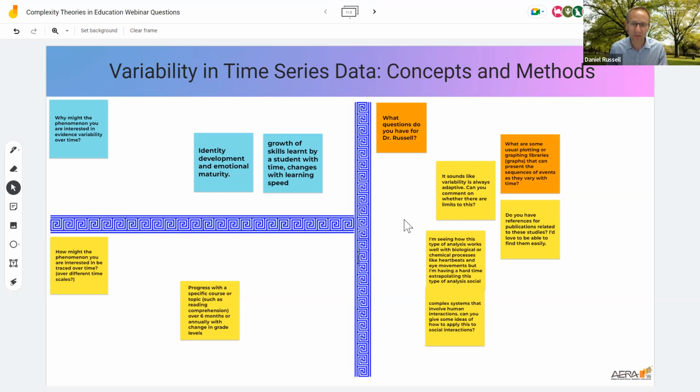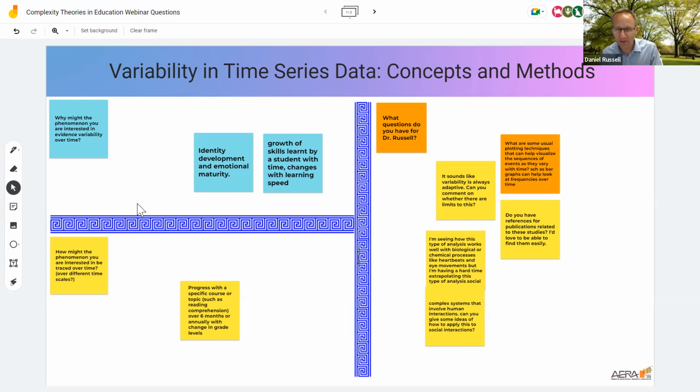I would say I'm one of the skeptics in my area, because I think people have just assumed this is true. And students of mine have been studying this, and we've been finding a less clear-cut picture of this general idea of variability being adaptive. So I know it's a long answer, but I think we need to be careful about that as a general premise. But I'm definitely sympathetic to there being aspects to that.